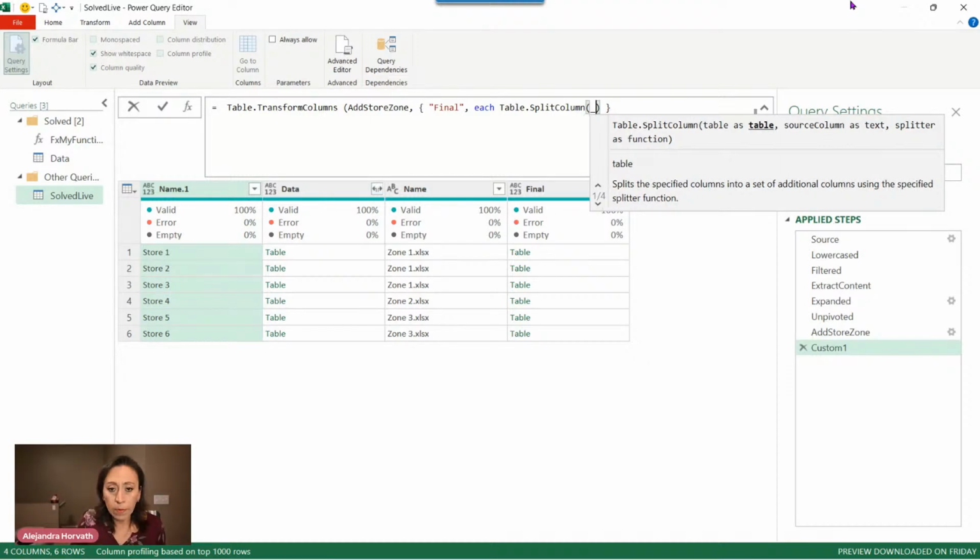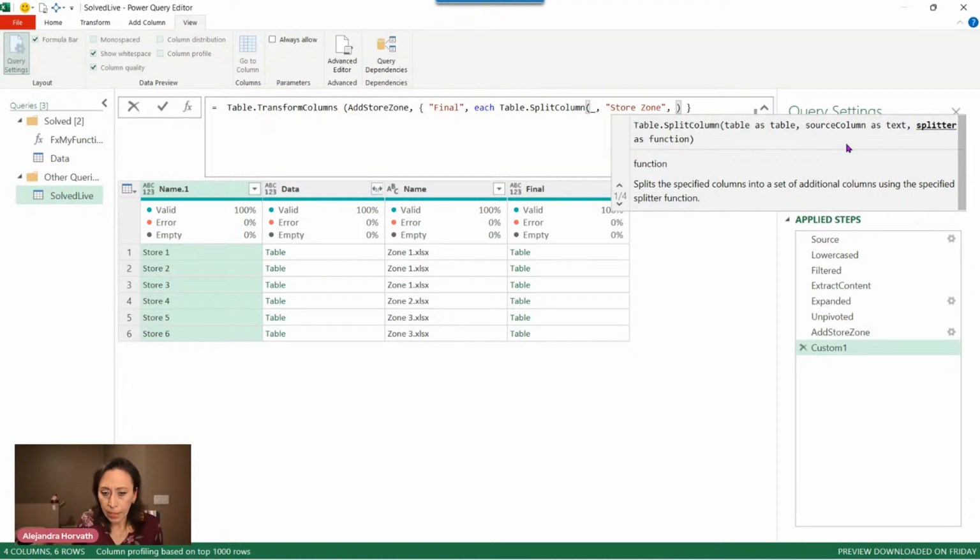So the table will come from this column final. So I need to look in every single line of this column to look for those tables, comma. And what I need to do there, the source column as text, the source column will be store space zone, comma, the splitter